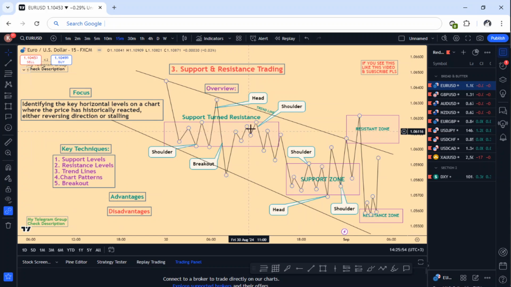Then we have a base again, a rally, and then a base, and then drop. So at least there is some logic to it. Another disadvantage of this kind of trading style is that it does not provide insight into the institutional order flow or market manipulation. So if you are somebody who is inquisitive and wants to understand how the market is moving, definitely you will have to suffer here, because it does not explain what is happening, other than that it is reacting to some